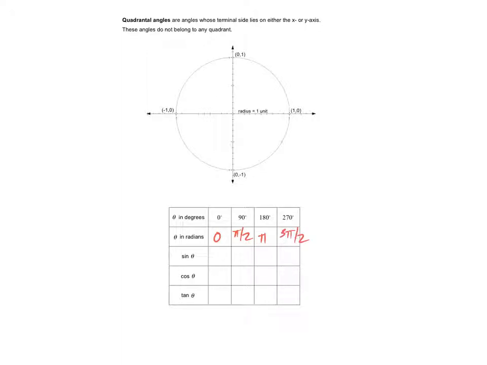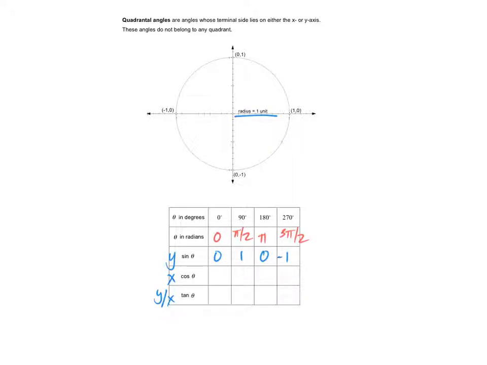Now, remember, sine is going to be talking about our y values over our hypotenuse, and in this case, our hypotenuse is always 1. And then our cosine is x, and our tangent is our y over x. So for sine of theta at 0 degrees, there is no height, so sine is 0. That is also true at 180 degrees. At 90 degrees and at 270 degrees, our y value is exactly 1 on the unit circle, so those are 1. But negative when theta is